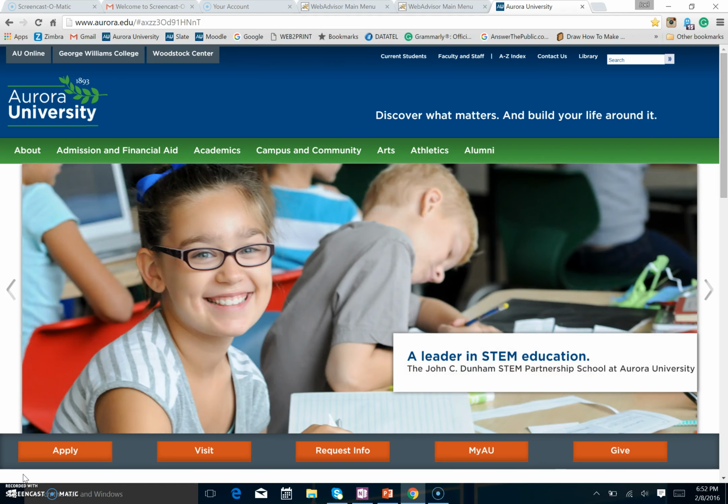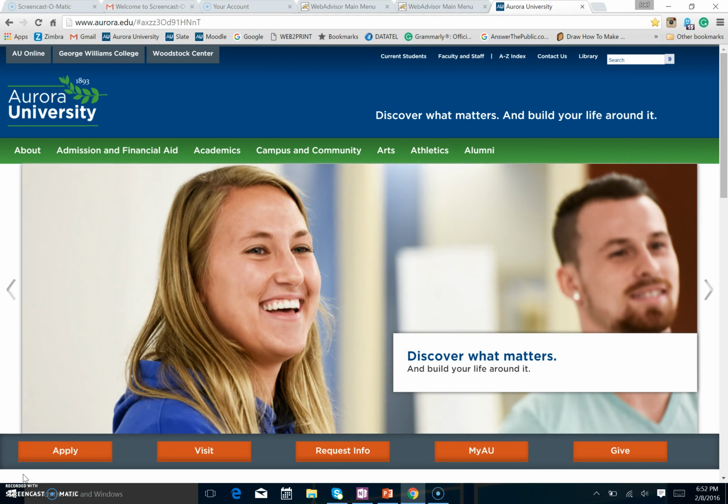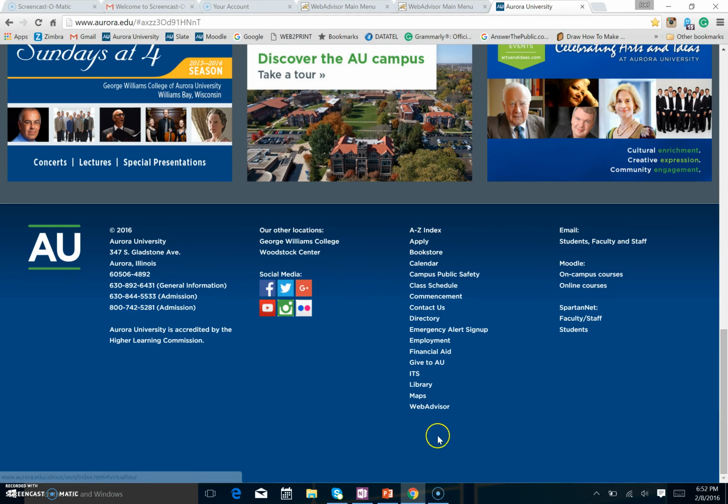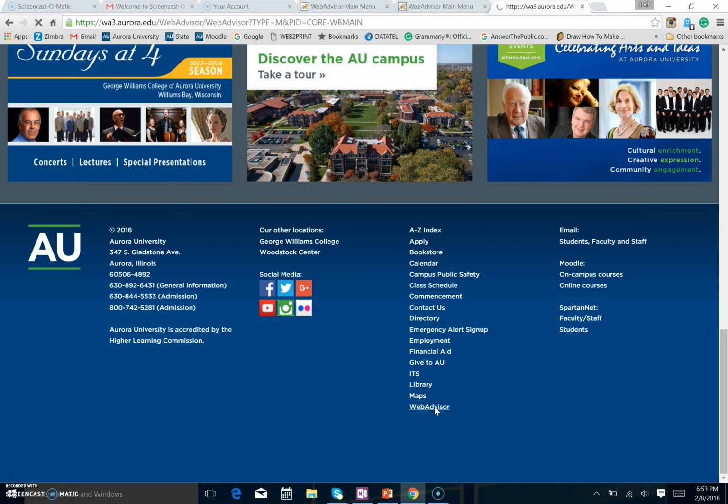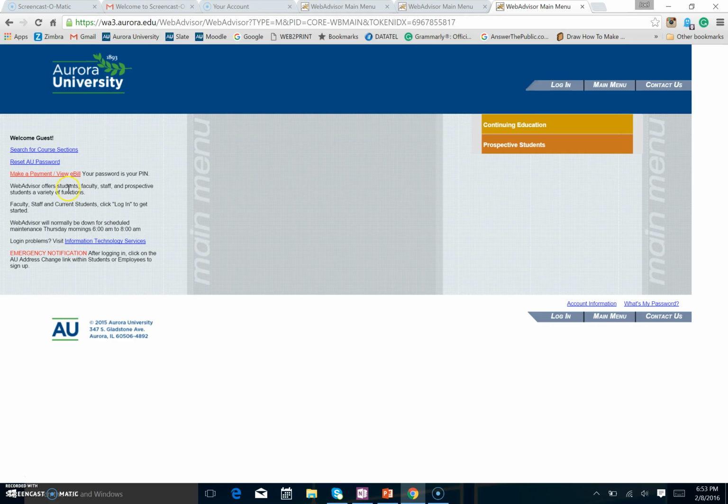So the first thing we're going to want to do here is make sure that we are on the Aurora University main page. This is simply going to aurora.edu. Once on the main page, you will scroll all the way down to your WebAdvisor account. After clicking on your WebAdvisor account, you will go to the left-hand side of that page where you see Make a Payment / View eBill,